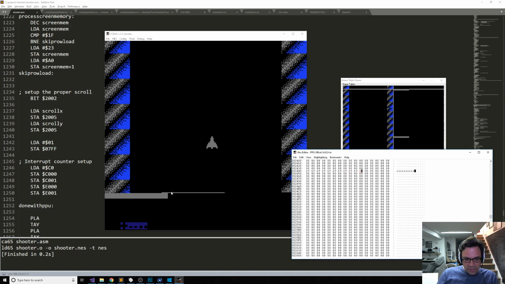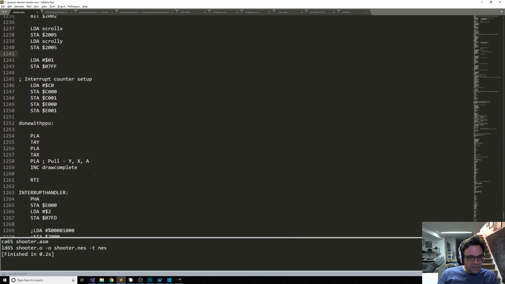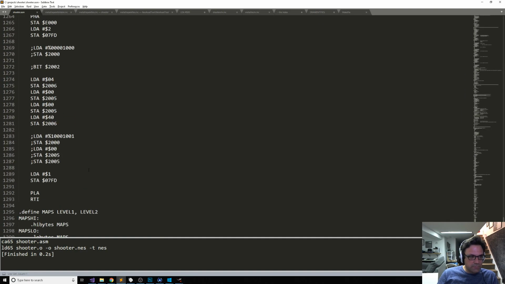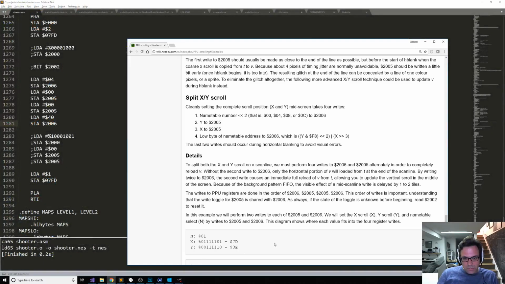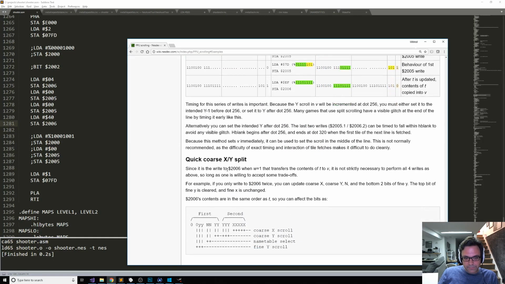You can see that we're getting that visual glitch now because of what it said about not setting the last two writes at the end of the horizontal update. We didn't have that problem with the other scrolling that we were doing. But I guess the question then becomes, how do we know